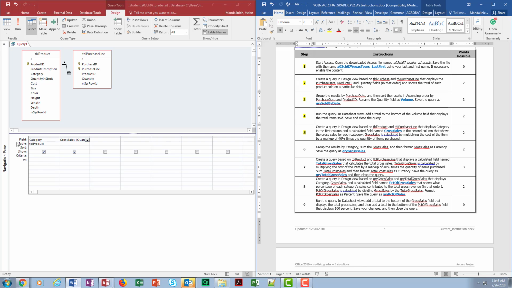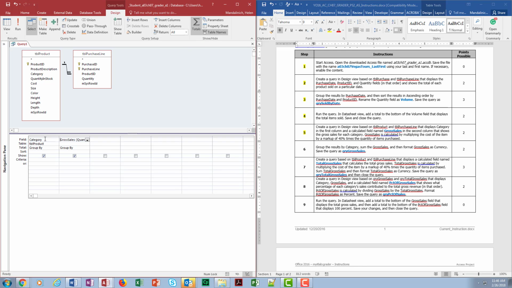Okay, so first of all, I have to get that on this grid, right? So I'm going to put my totals button on, and it gets my group by. So I'm going to do a group by, and what do I want to do? And then sum the gross sales. So I'm going to come up here, and I'm going to say sum,